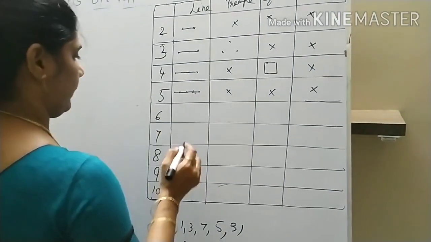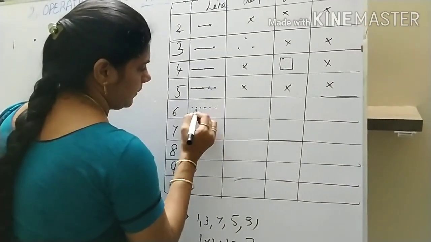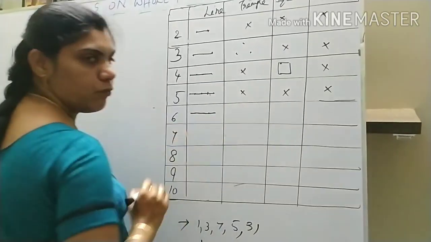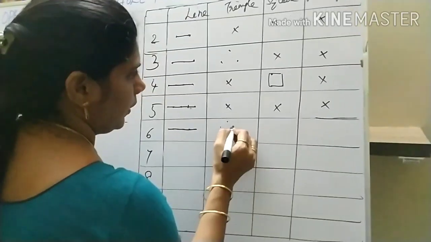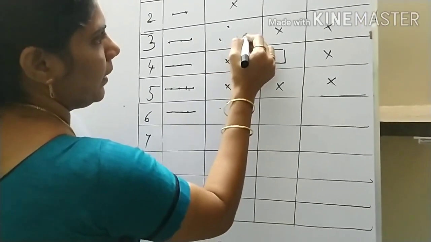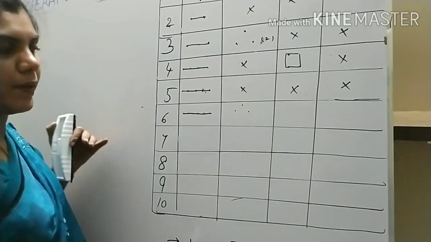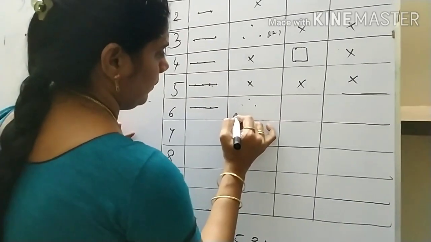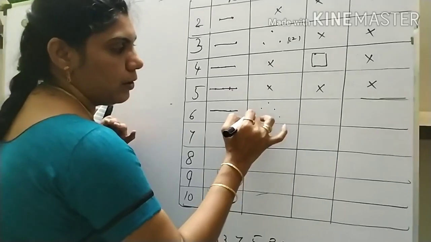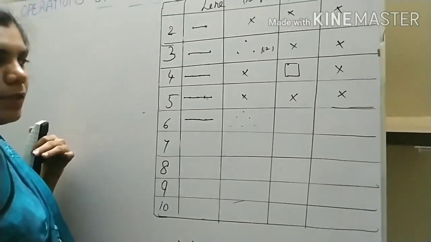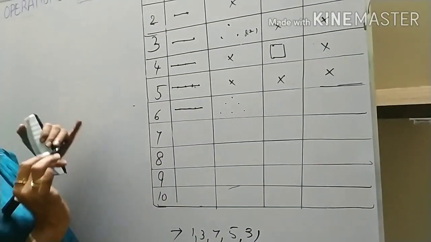Now see the 6th one. 1, 2, 3, 4, 5, 6. So with these 6 numbers I can form a line here. With 1 dot, how many did I add here? 2 numbers, right? So 2 dots I have added here. Now see 2, 3. 6 means 3 dots. Now our triangle is completed here. So with 6 dots I can form one triangle.